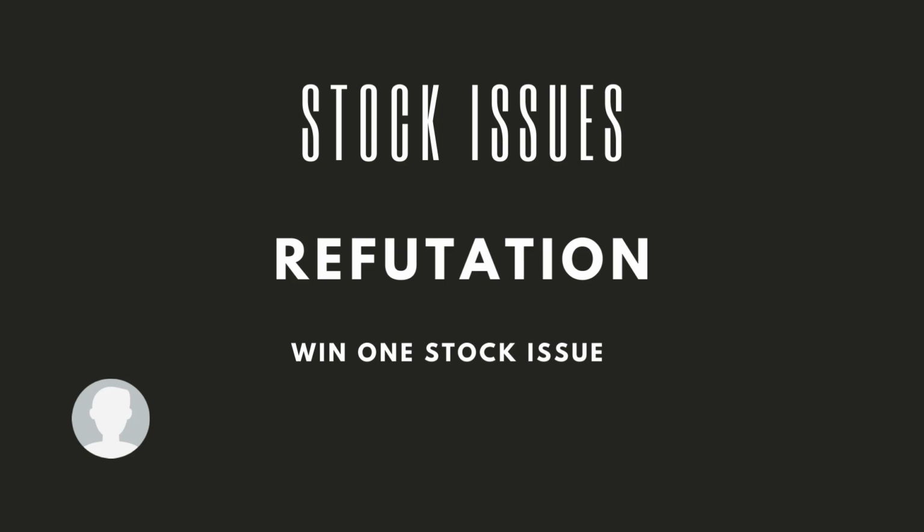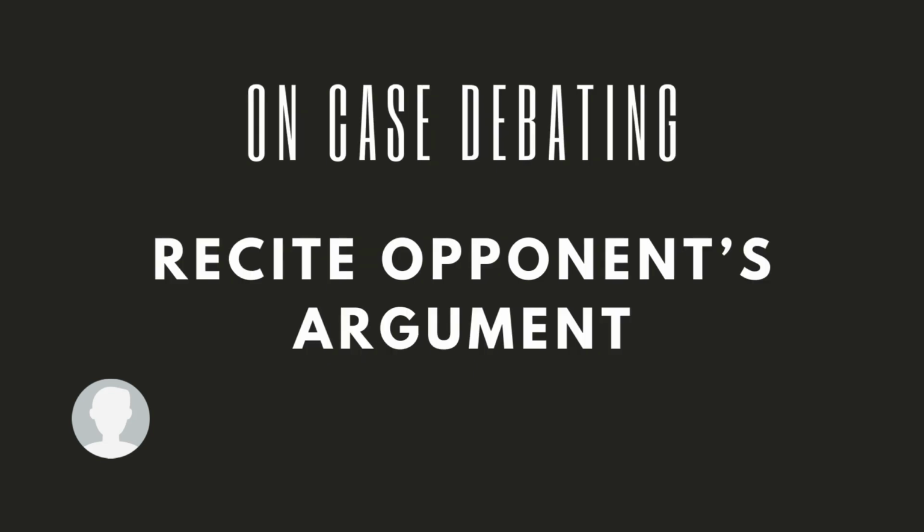And you have to disagree with those in a very organized, structured way. So here's where we begin on how we provide disagreement and refutation on each stock issue. There are many ways that you can refute arguments and disagree with your opponent in policy debate. Our approach is a very organized and structured approach in the beginning for novice debaters, which all of you are at this current moment. And as you develop your own style, you'll be able to find ways to change the foundation of the structure that I'm giving you to be able to argue in your own words in a more comfortable manner.